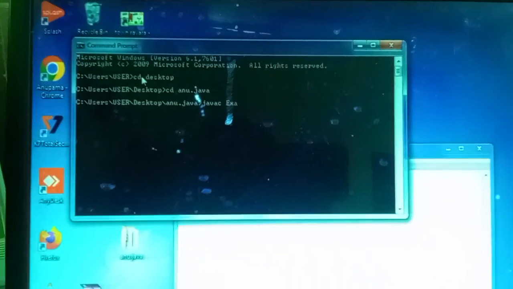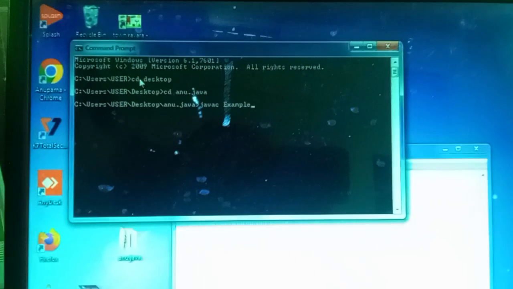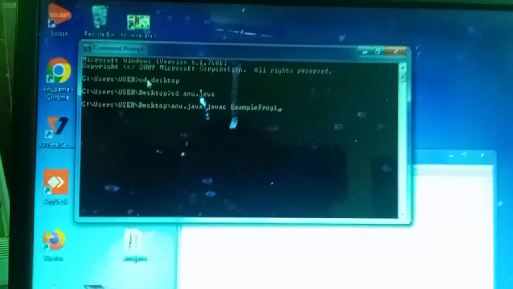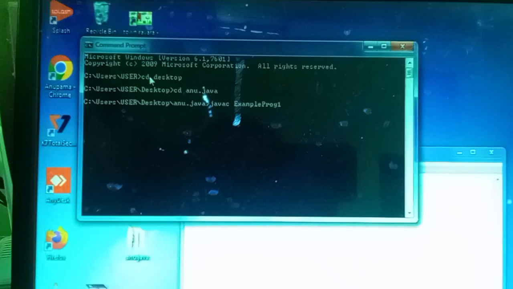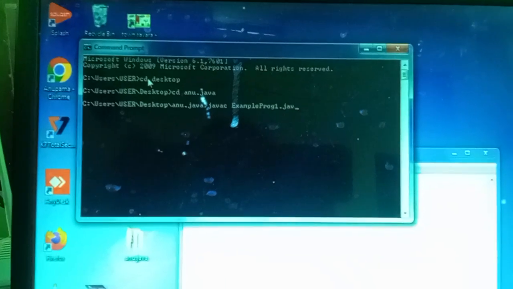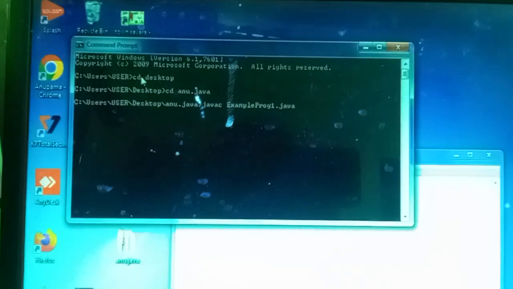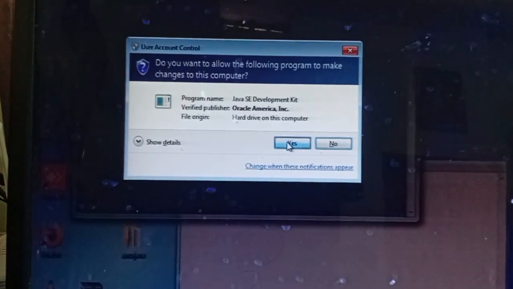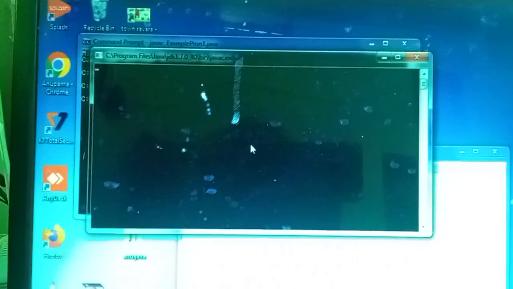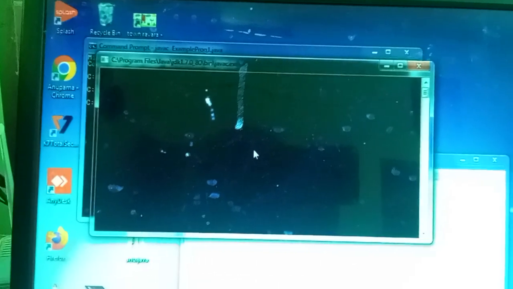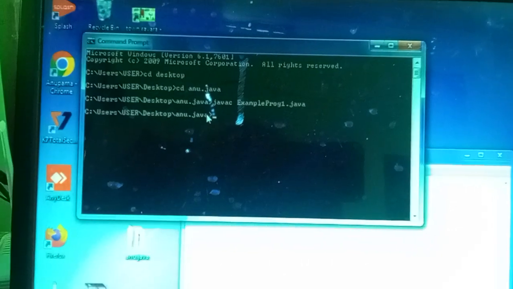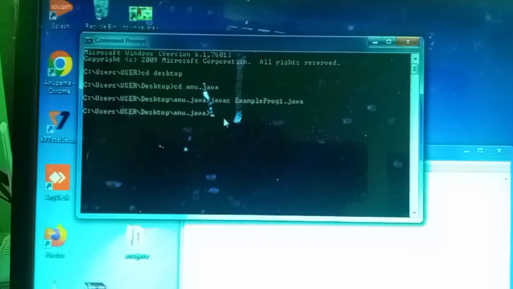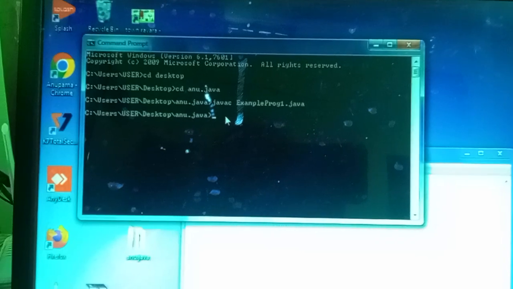E capital, xample, example, prog, P capital, rog1, and after the file name we have to specify the extension again, it is a must, and press enter. It will go off for a while. You must get the next line along with the path without any errors, meaning no errors are there in your program.